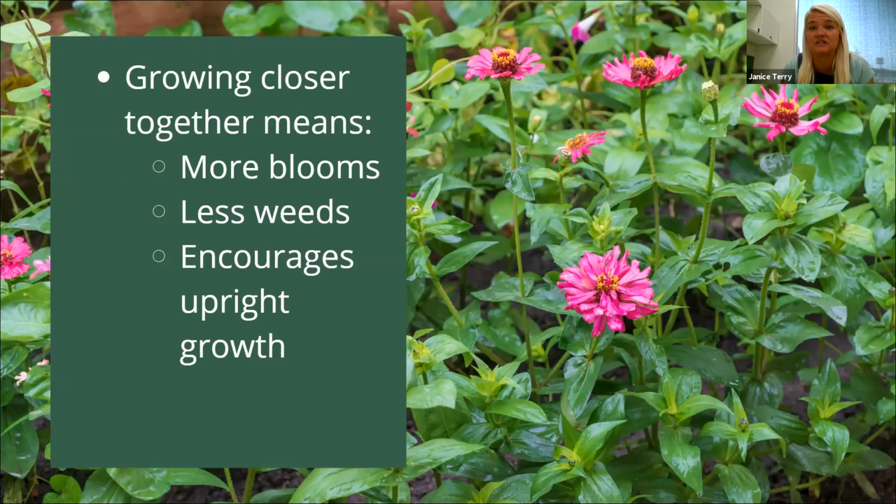Growing more is just going to give you more blooms. By growing closer together, you're going to have more shade, or, you know, the annuals or the cut flowers that you're growing are going to shade the ground, which is going to discourage weeds. And then when you're growing cut flowers, it makes sense that you want to grow them close together, because what